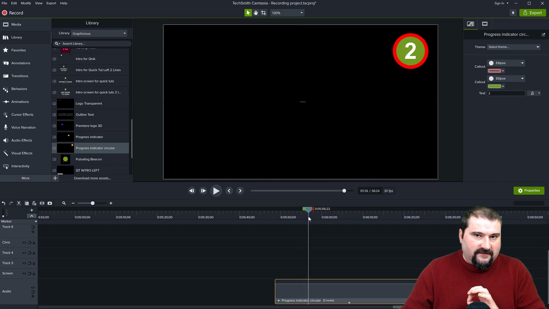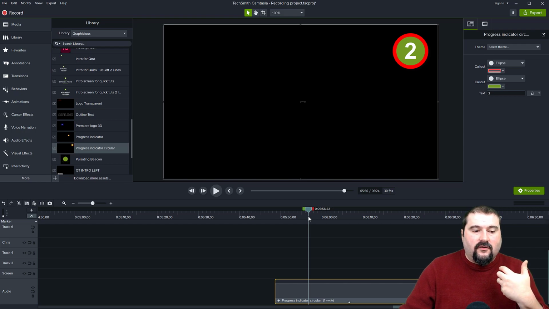The reason for this is this radial wipe starts off as relative to the center of the screen. So apparently that does not get transmitted or stored with your library assets. I think it has something to do with the geometry of the groups. If someone at TechSmith is watching this, this is a bug I wanted to report, by the way. Something is lost when you bring something out from the library. There's other bugs with it, but anyway.